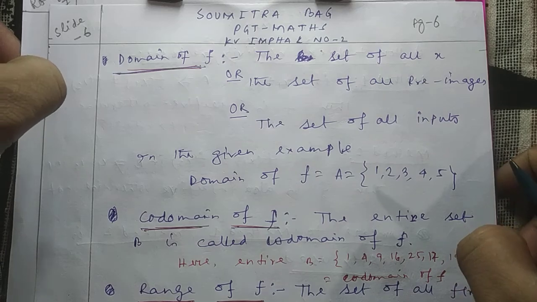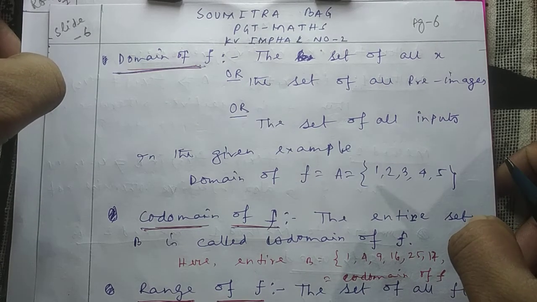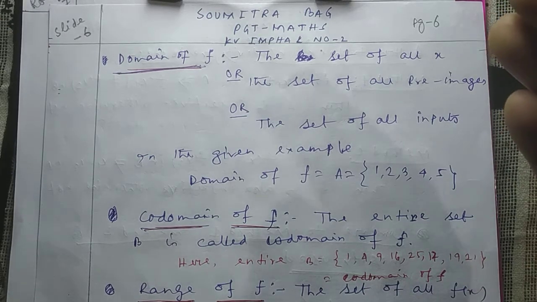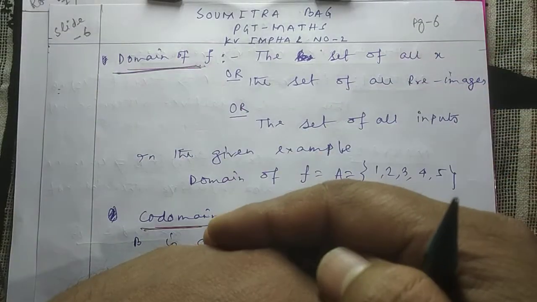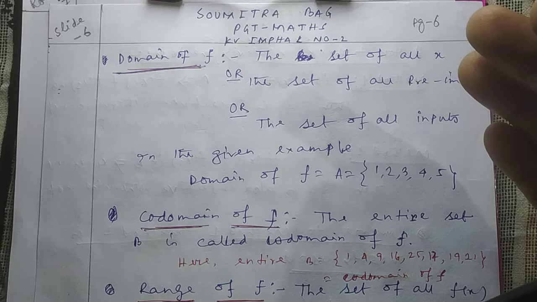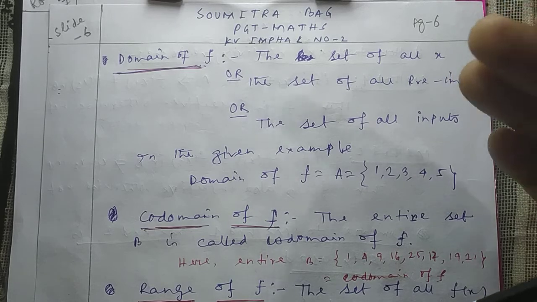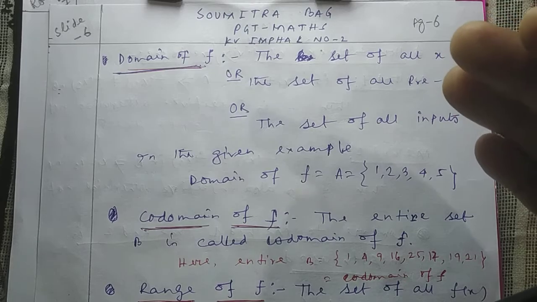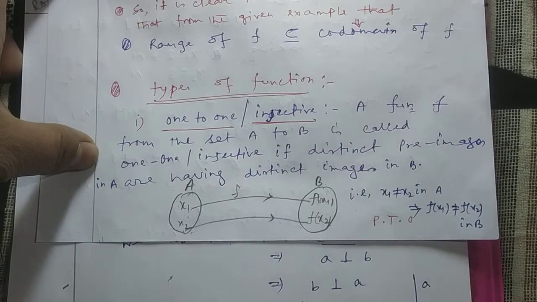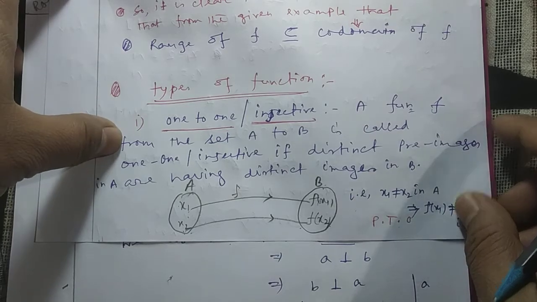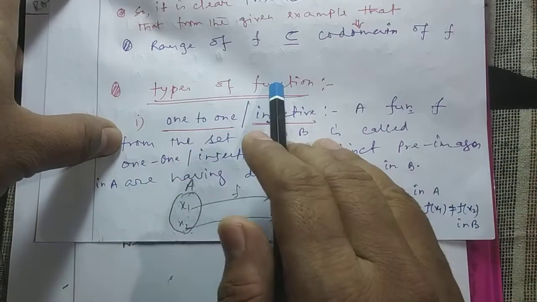Good morning once again. Today this video is going to be my sixth video on the chapter relation functions. In the last video already you have discussed about function in detail. Also we have learned at the same time how to find the domain, codomain and range for a function with suitable example. I hope all of you have understood properly. Correct? Now today in this video we are going to learn a new topic, namely types of functions.